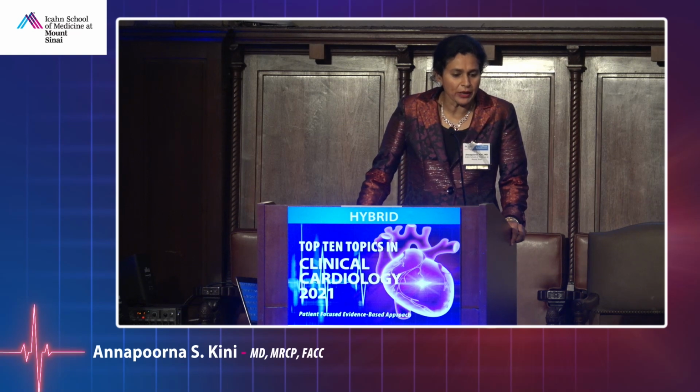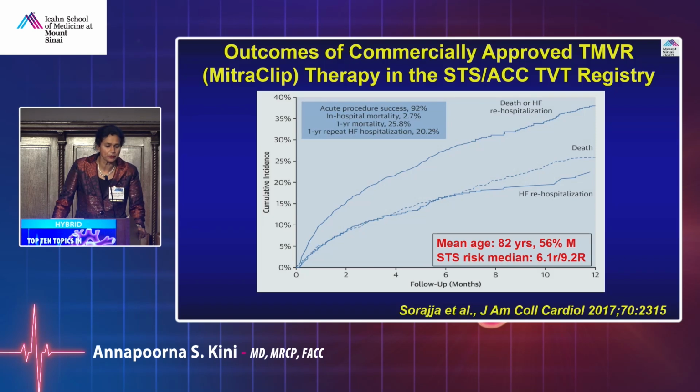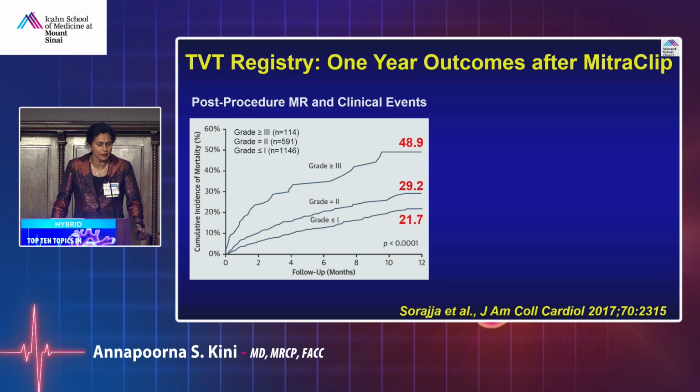So the mean age was about 82 or so, and the STS median on these patients was about 6%. What did this TVT registry show? That these patients, whether they are functional or primary MR, their outcome was better at follow-up even over a year. So post-procedure mitral regurgitation, like I mentioned, is why we have to make sure that you reduce the MR to less than 1 plus or so, as your outcome is based on the residual degree of